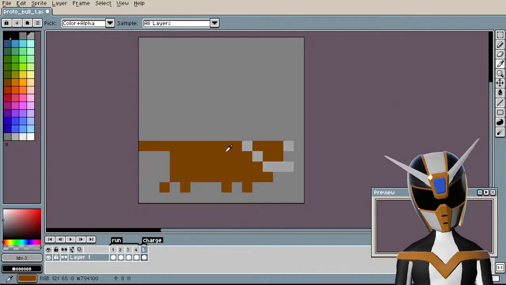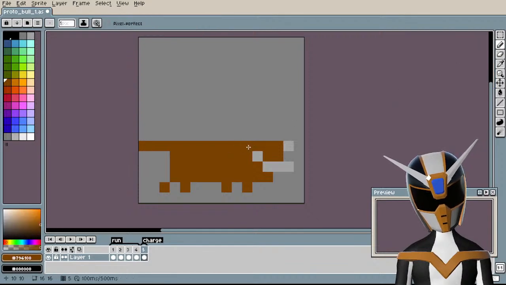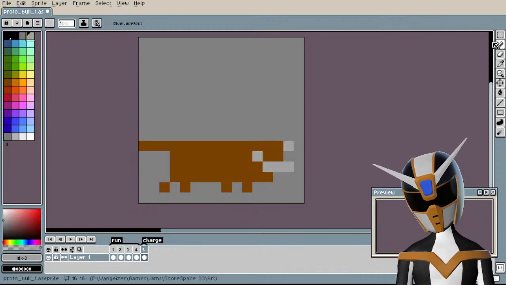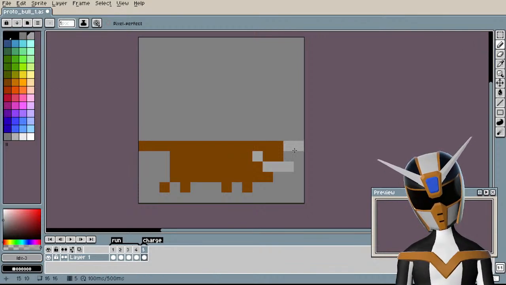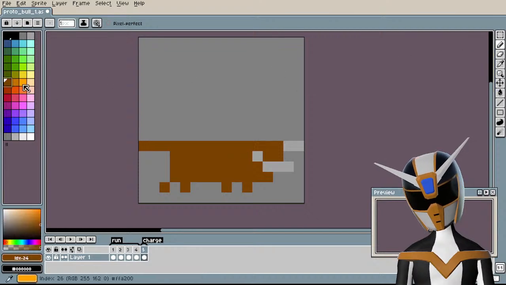Okay, maybe like that, but remove this pixel. Now you can't see his eye, but does that really matter that much? I don't know.